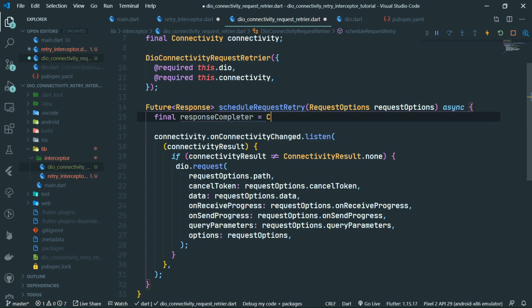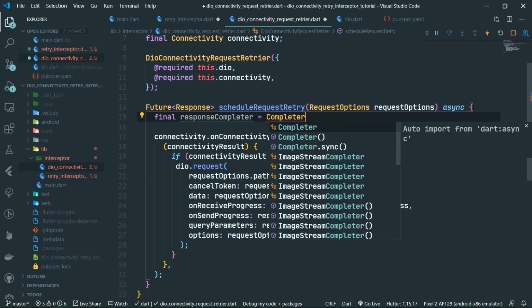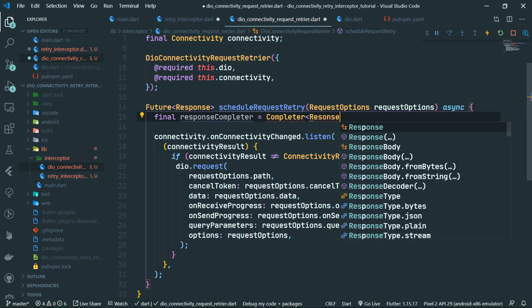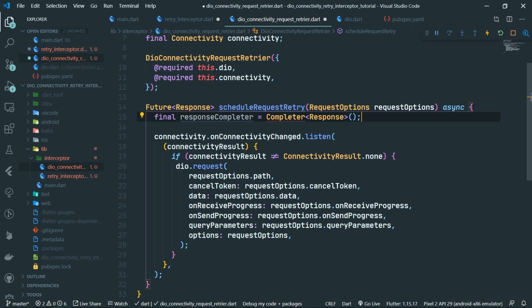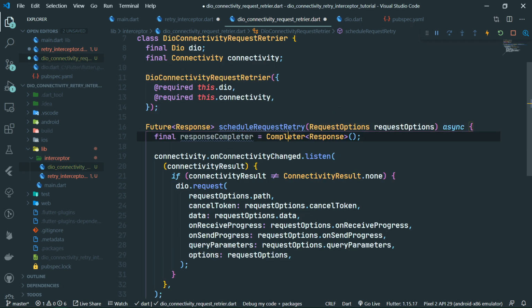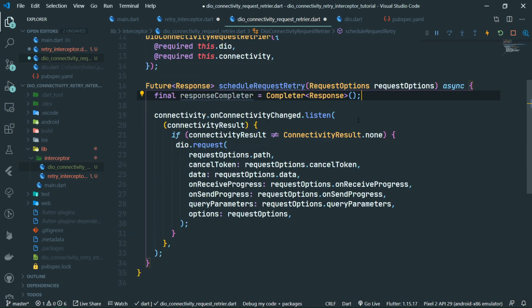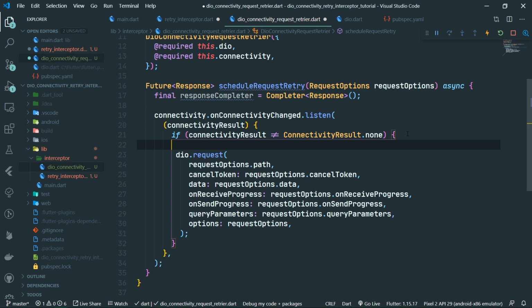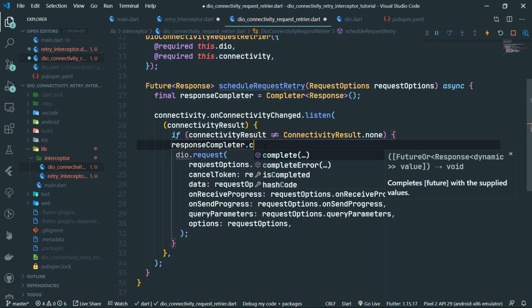It's going to be of type Completer response. And let's import dart:async in order to have this Completer class here. And completers are very simple. All they do is that they can be completed, of course, and they can be completed with some sort of a future. So we're going to go into this closure and write responseCompleter.complete